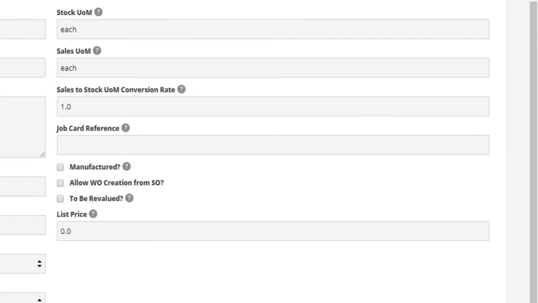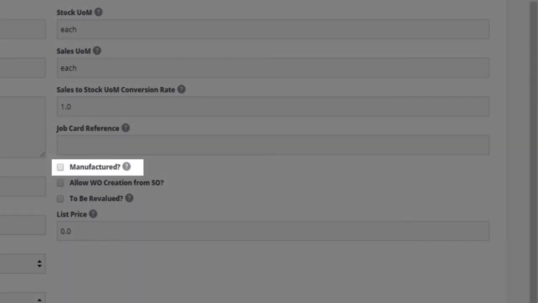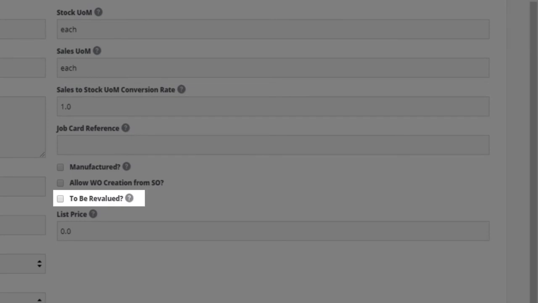If this service item requires any operational effort, we can list a job card reference for the service item. We can actually tick whether it's a manufactured service item or not, and then add any process routings for the service item's delivery. The to be revalued box denotes that one of the components from which this item is made